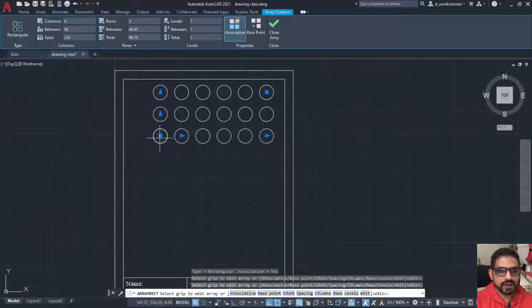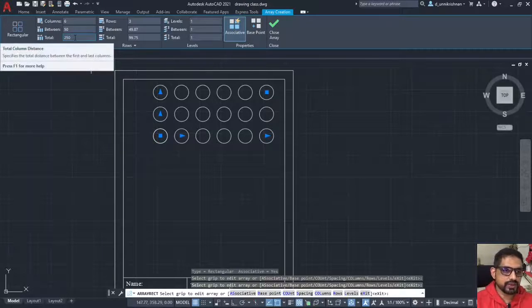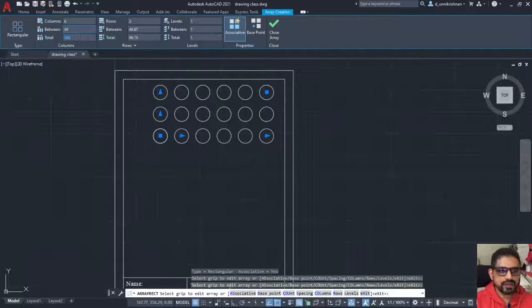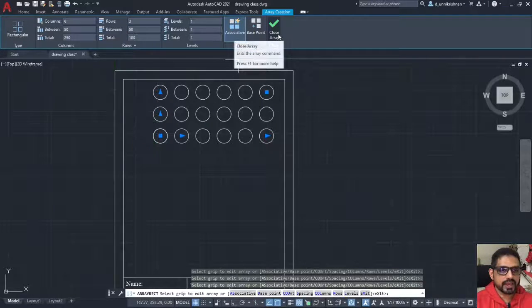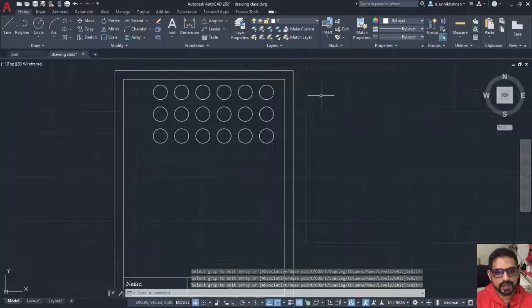That is, from here the last point with the similar entity would be 250 mm apart. So that is why I say either you have to define the total distance or the distance between. Either one is sufficient. Now let me define this also as 50. So that's it. Once it is done, I can click close array, and that's it.